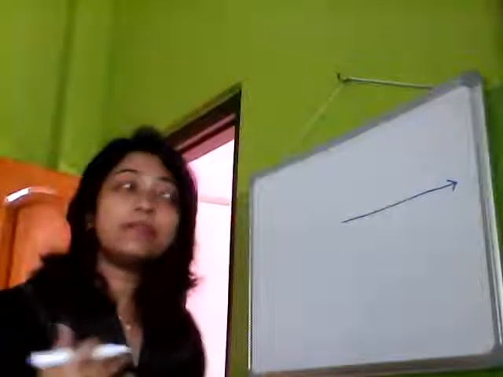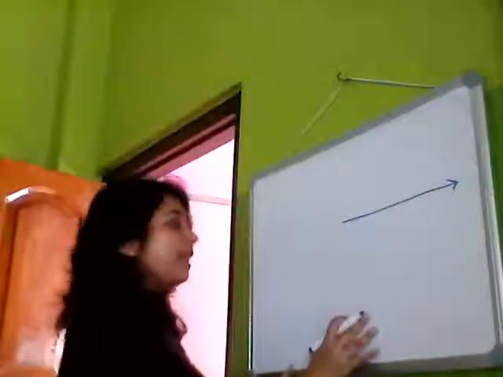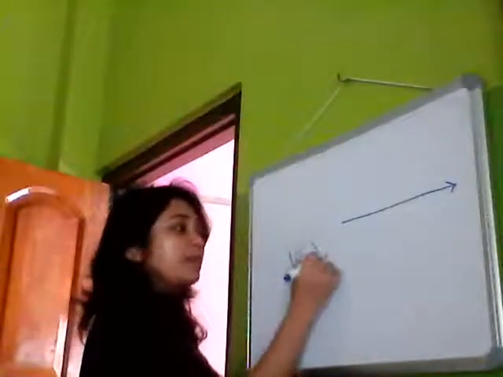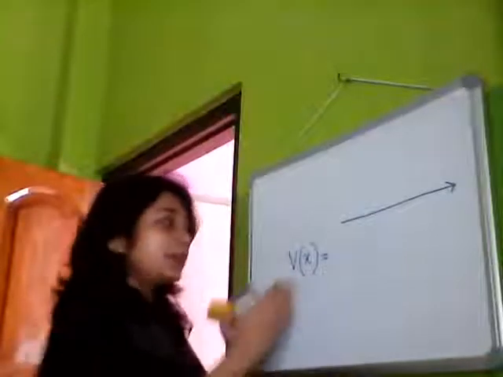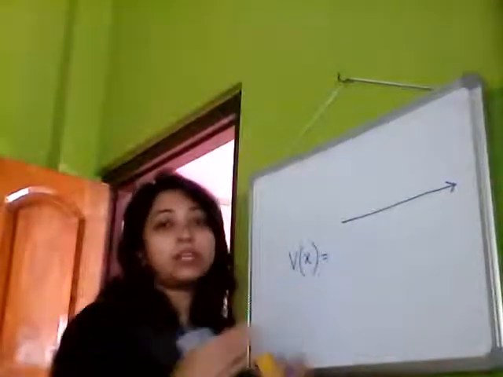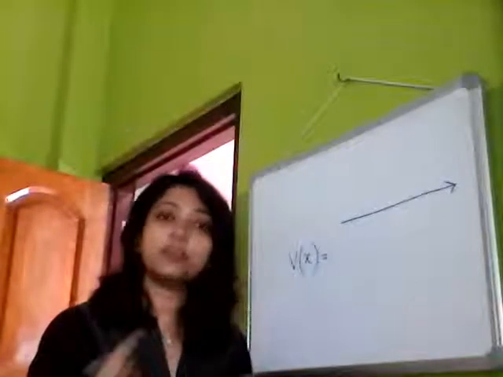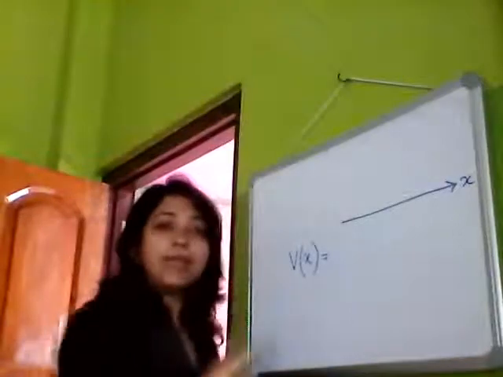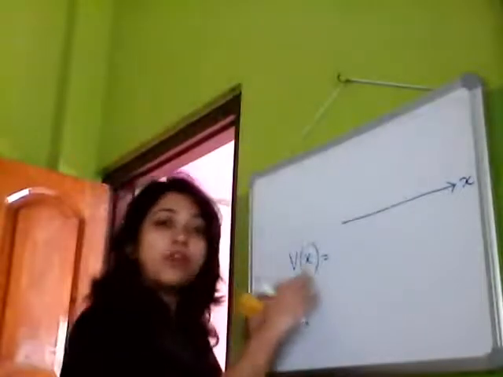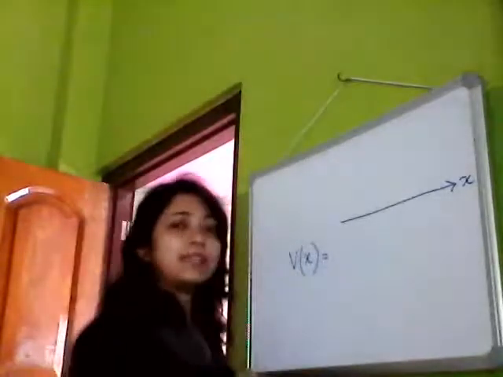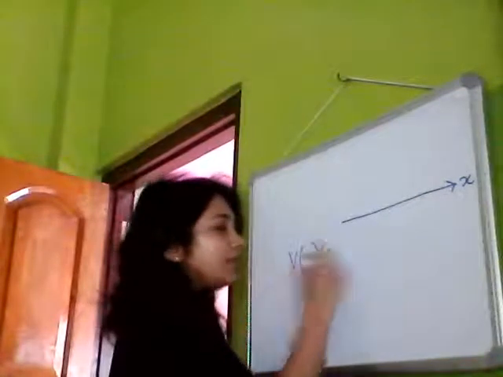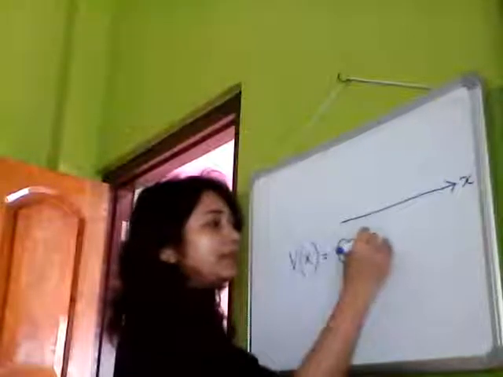Fine. Now, mathematically, how do we define this potential well? Please see carefully. We define this potential well as V, which is a function of x only. Remember, yesterday also we were discussing that the particular potential energy or potential depends only on the position of the system or the particle. And since we are moving along x-axis only, our potential will depend on the x value. So this potential is a function of x. So this is a very interesting potential. How does it look like? This potential V(x) is 0 in the limit